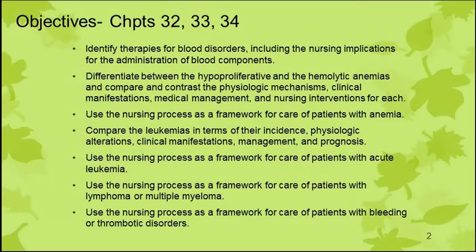All right, so here's our objectives for all three chapters. We're going to be looking at the different therapies for blood disorders and nursing responsibilities that go along with those problems and blood transfusions. We're going to talk about different types of anemias, talk about how to take care of patients with anemia. We're looking at leukemias and other disorders of blood components, the nursing process related to all of those things, as well as how to take care of patients